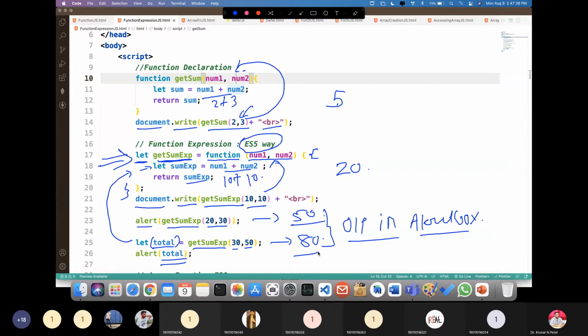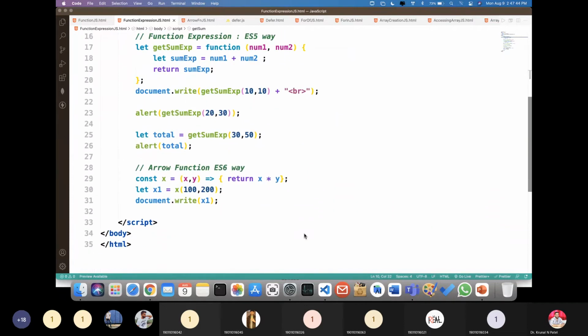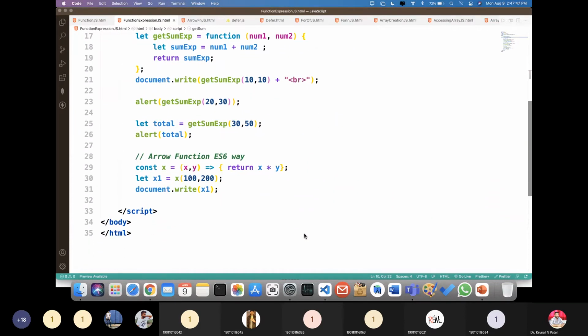Okay, now let's go ahead. Now you can observe over here another type of function known as the arrow function, and that is defined in ES6. Here you can write a few lines of code and execute the functions.